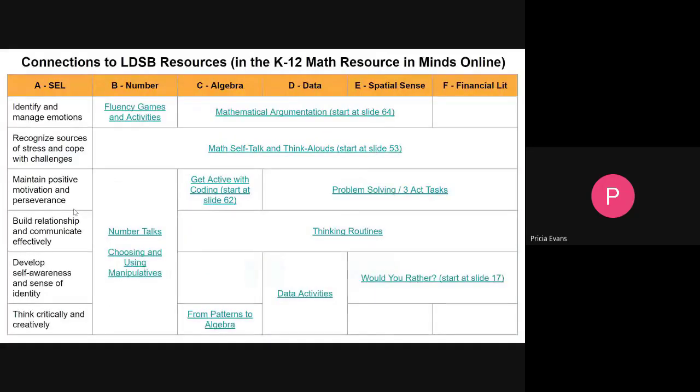Now that you've had a chance to look at some of the changes in the curriculum and thought about the social emotional learning and the mathematical processes, we want to think about the connections to resources that we've already made for you in the K-12 math resource in the Minds Online.